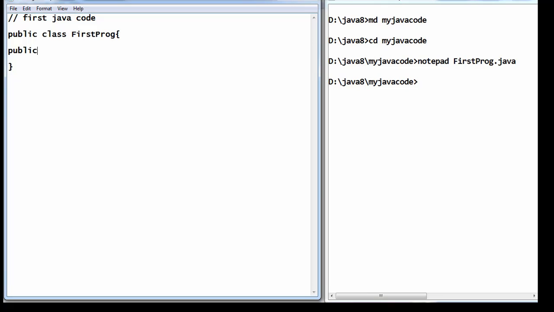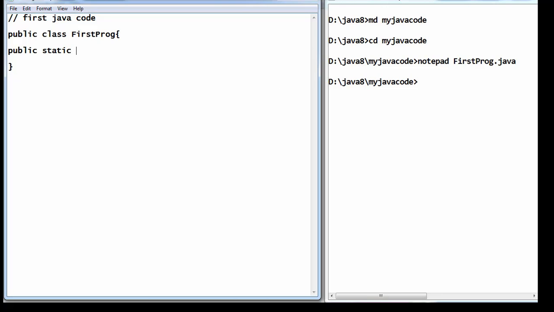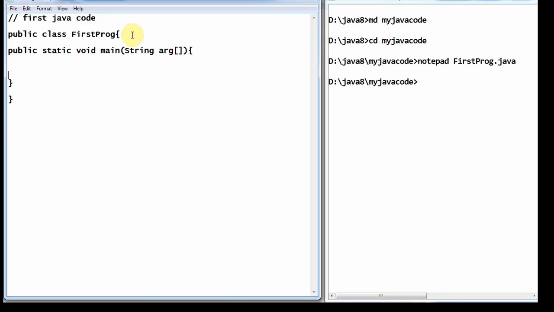Now we will use an entry point in the program, that is the main method. I will take it as public to make the class globally accessible, static to register the method in the main memory of the system, void as a return type, and main as a function having a command line argument, which is the standard format of Java.